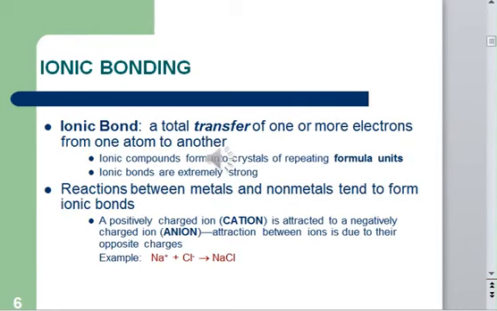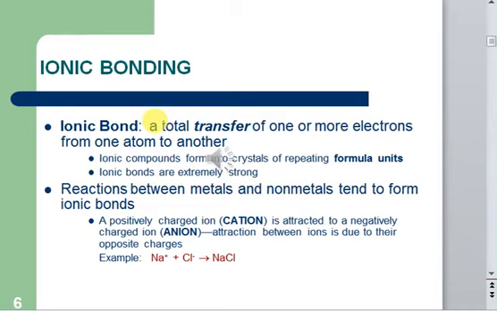right? There are three types of bonds which we normally consider: the ionic bond, covalent bond, and coordinate covalent bond. In this lecture, we will consider only the ionic bond and covalent bond. So let's see about the ionic bond. An ionic bond is a bond that is formed by total transfer of one or more electrons from one atom to another,